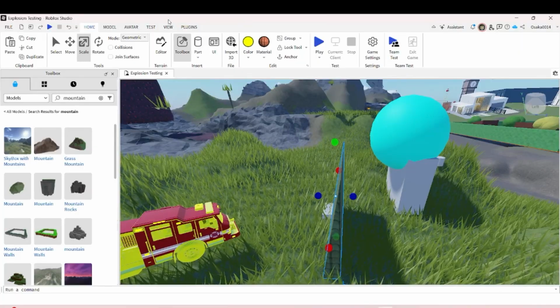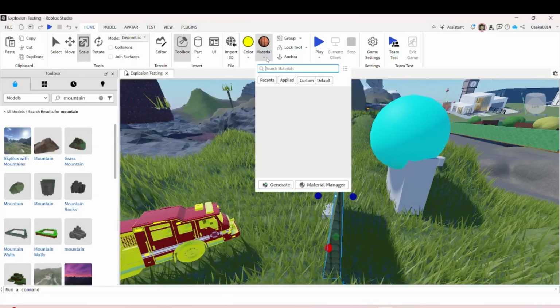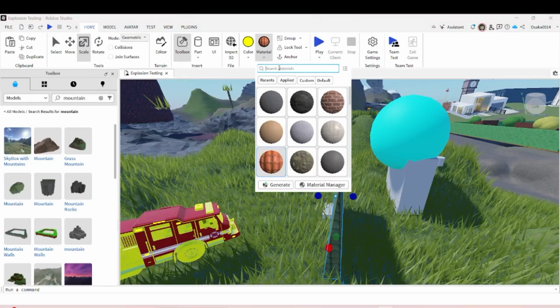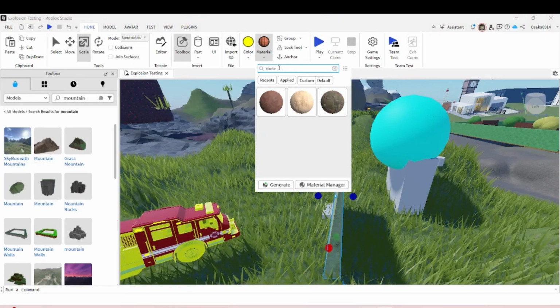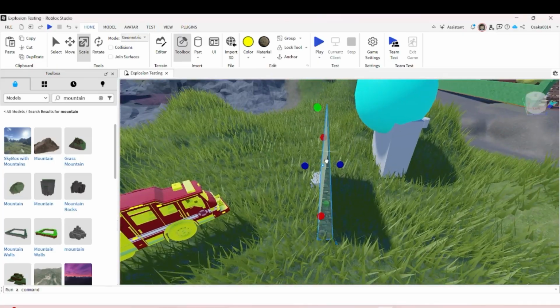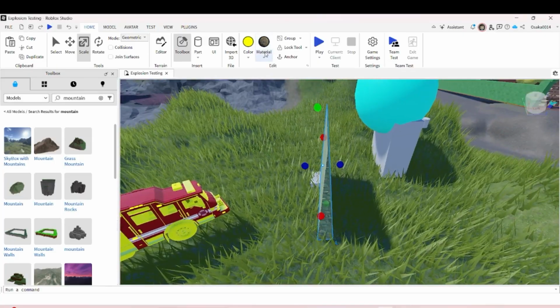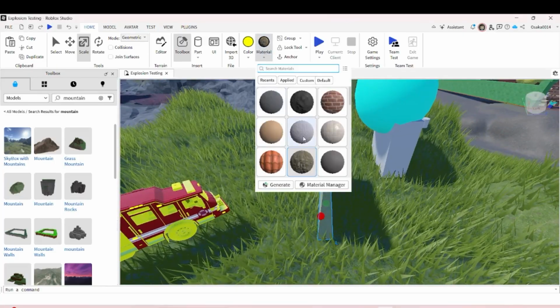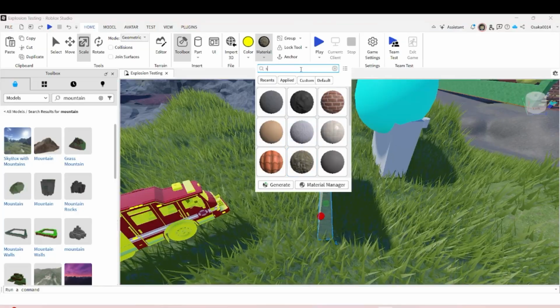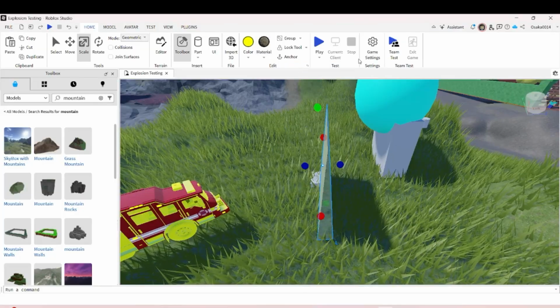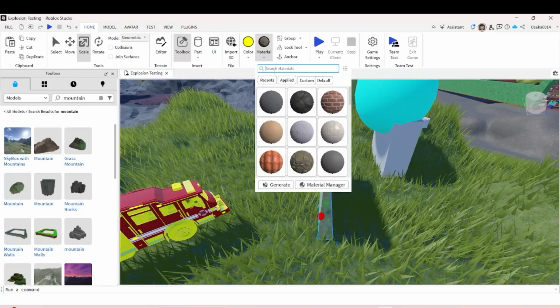You can use it by searching for any materials you like. Let's say stone. As you can see, it will give you any type of stone that you want. Then you can change it. Let me pick stone.